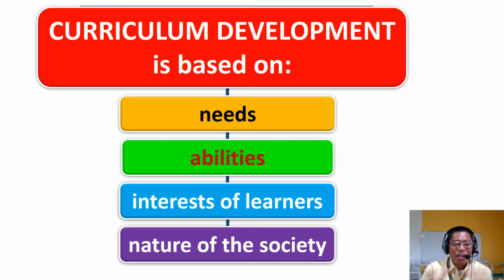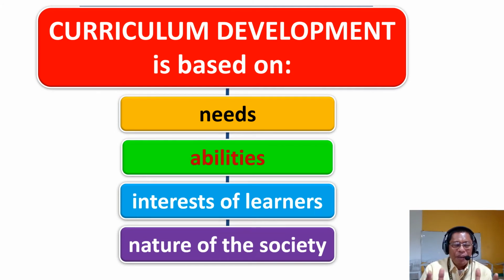And the society during that time was simple. No? It was not very complicated compared with the kind of society that we have now. So that was during our time. Let us talk about the needs, abilities, and interests of learners today. In terms of needs and abilities, learners, or children in general, can no longer survive in this world without knowledge of technology.